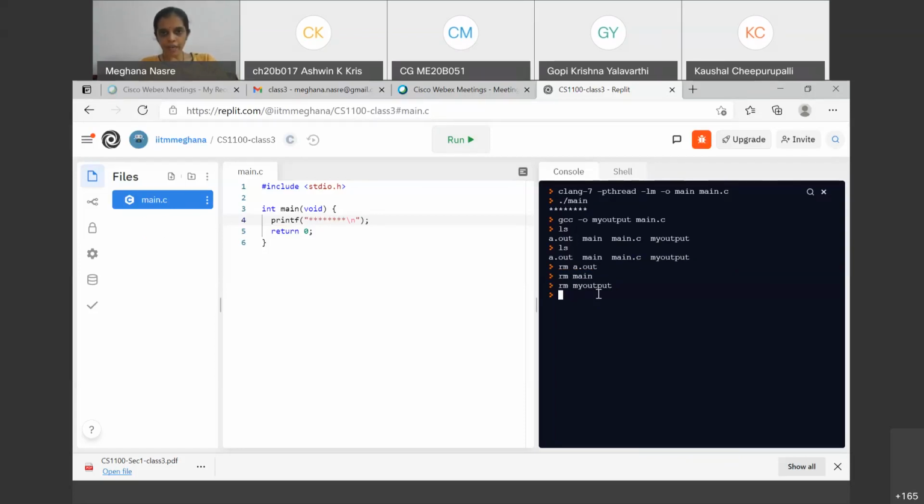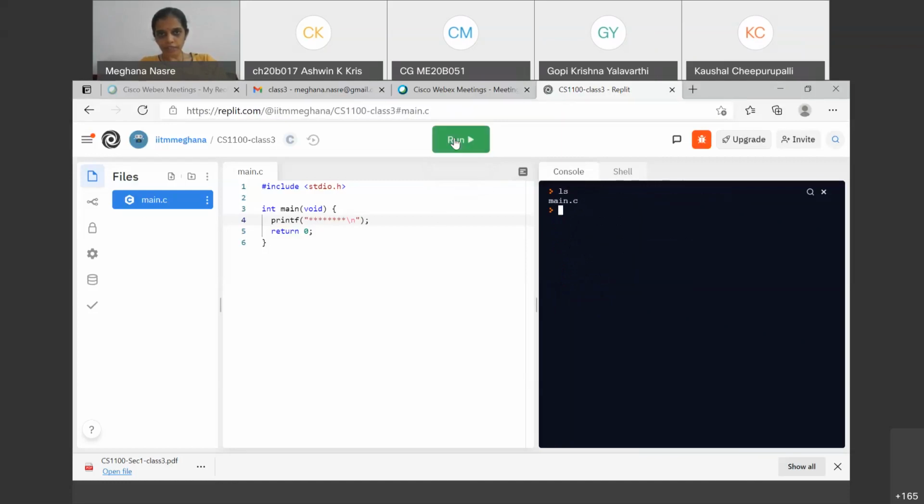Okay, it will show. Currently let's look at the output of ls. It is only having main.c. I have deleted all the other files. If I do run, then it does have main and main.c. Do you see that? Yeah, on the left hand side it is not showing. I do not know why it is not showing that. There may be some way to get it, but it is very much there.